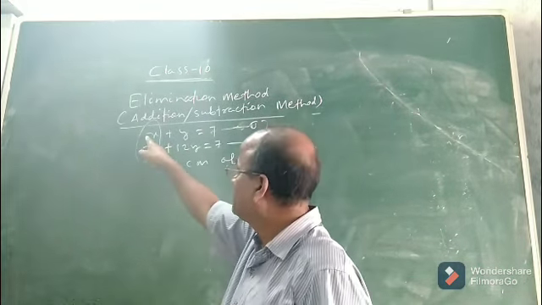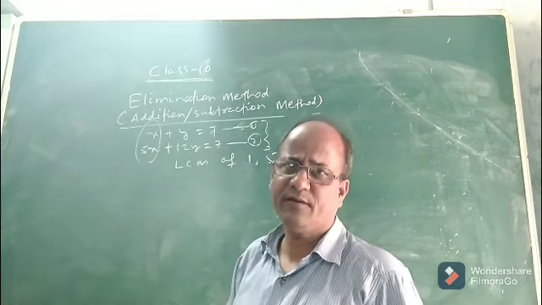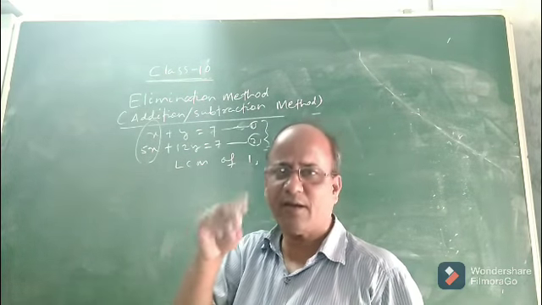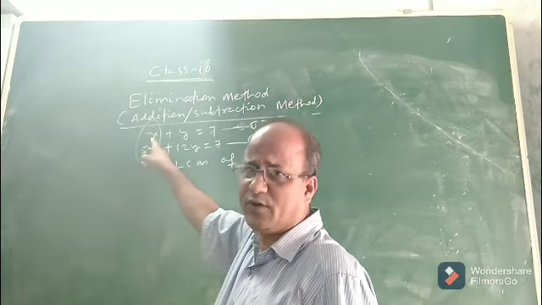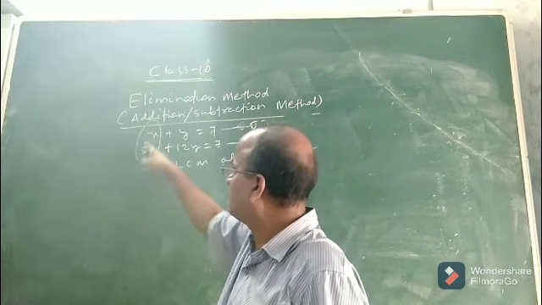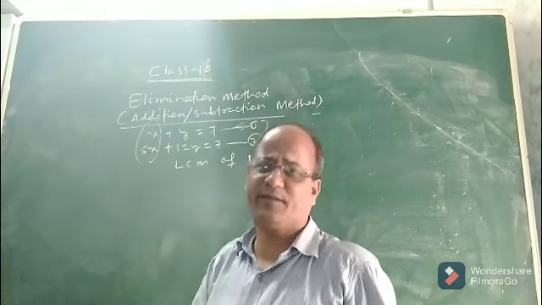Now the point is, here the coefficient is 1 and we have to make it 5. If it is 1, how can we make it 5? By multiplying by some number. What is that number? By multiplying by 5. That means, if you multiply x by 5, its coefficient will become 5. Okay? So then the coefficient of x in both the equations will be the same, which is the principle of your elimination method by equating coefficients.